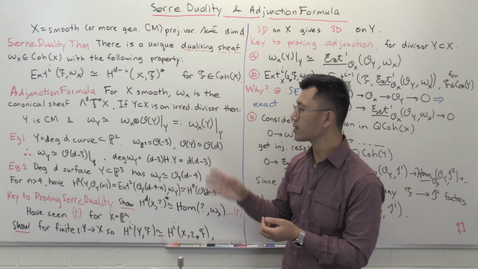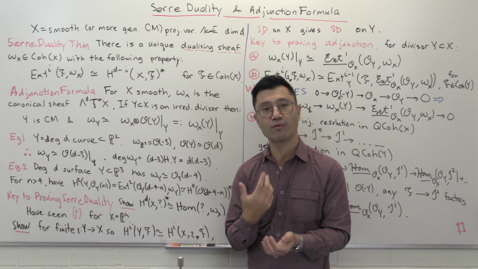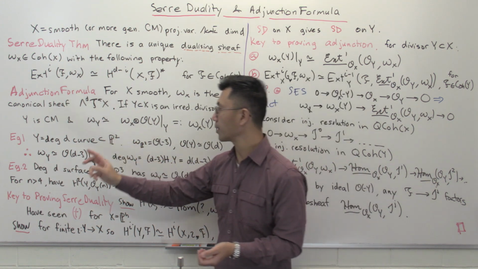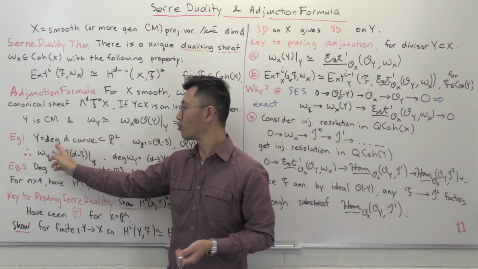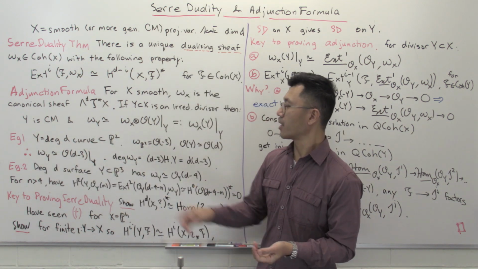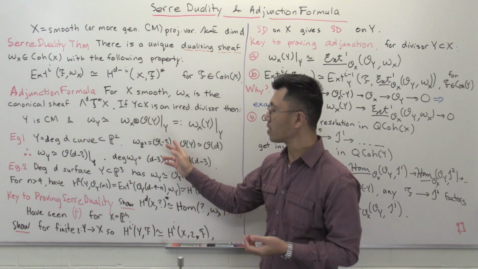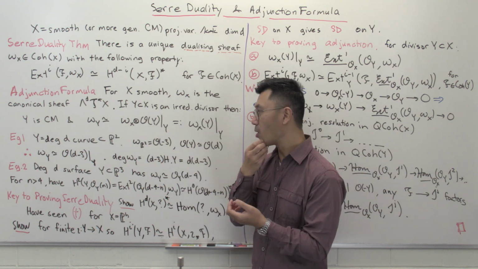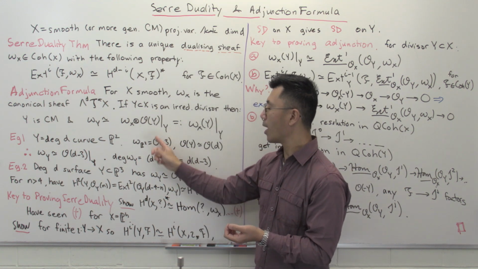The first one is something that we've seen before. It's the adjunction formula for plane curves. Let's suppose you have a degree d curve Y inside P2, so it's a plane curve. So what's omega P2? I'll tell you the answer for this, but we kind of saw what it was when we computed via Čech cohomology,